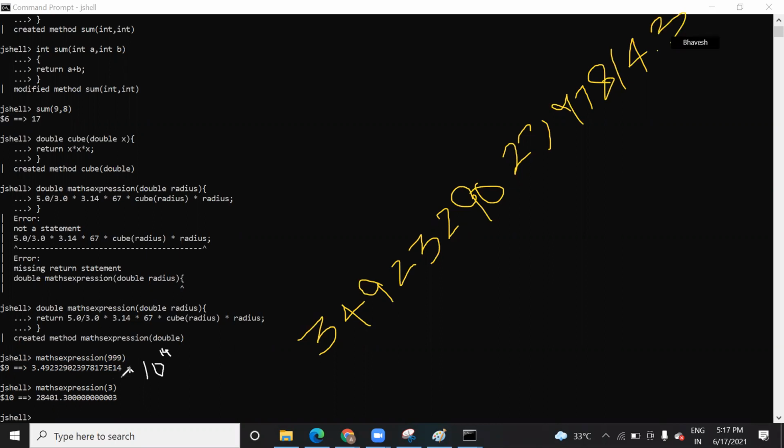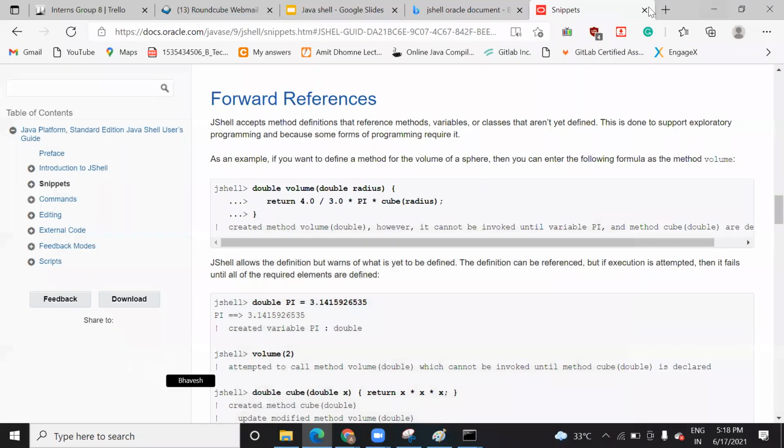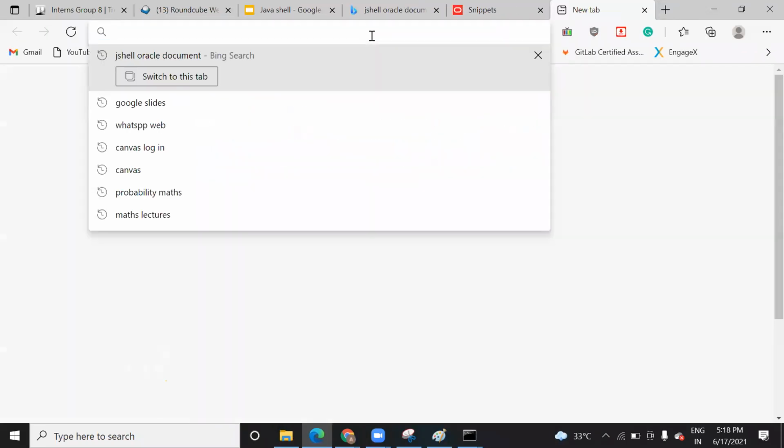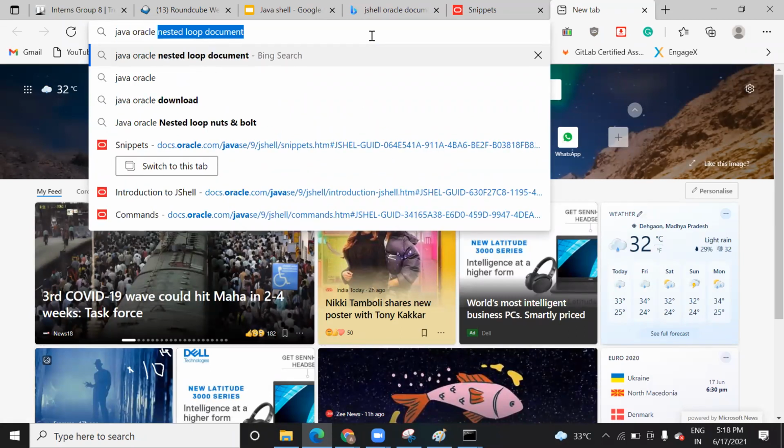That's why they use the short representation, e to the power 14. Your compiler has some restriction: if a value is beyond its range, it will show it as e to the power 14. Even if you check the double data type, I can show you. One minute. So if you write long double, just one minute.